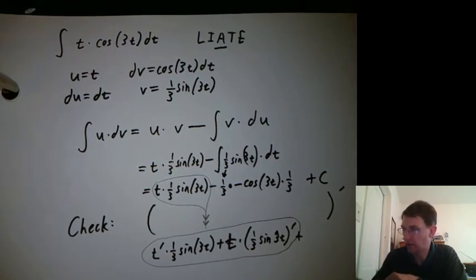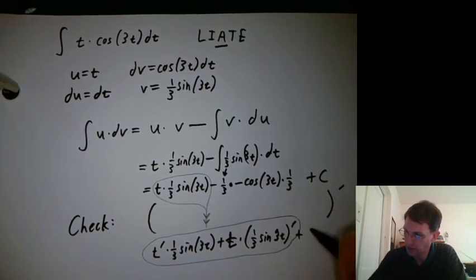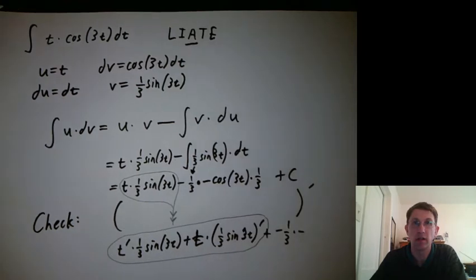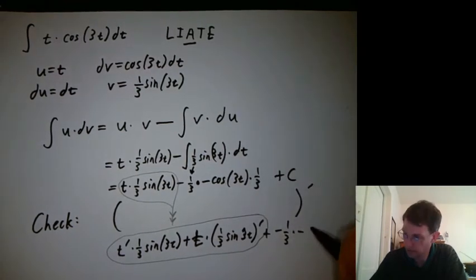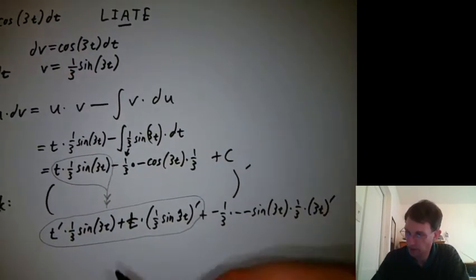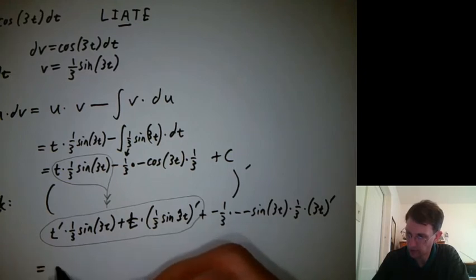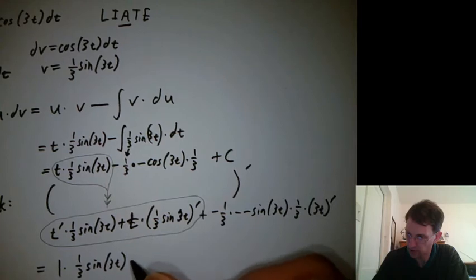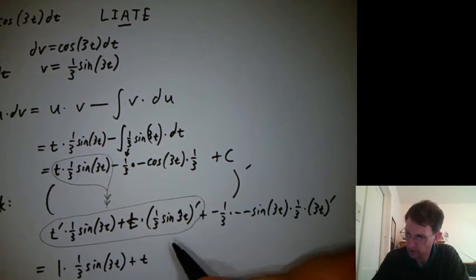And then the derivative of this, I'll have a negative 1/3 times negative. What's the derivative of cosine? It's negative sine 3t times 1/3 times 3t prime for the chain rule. And then let's simplify this. t prime is just 1, so we get 1/3 sine 3t plus t,